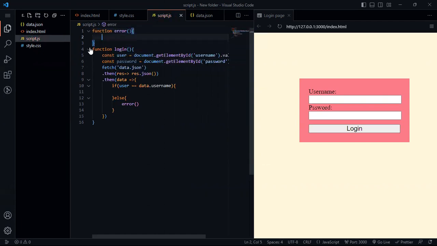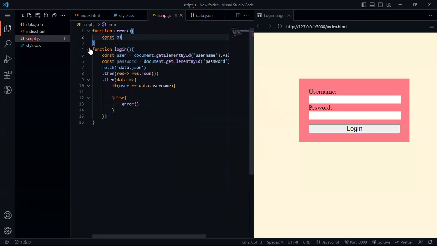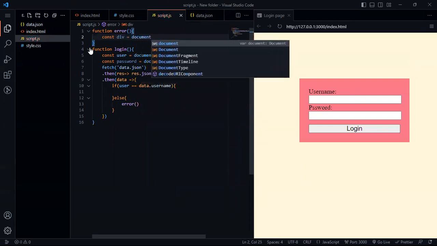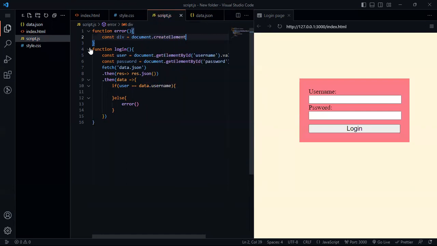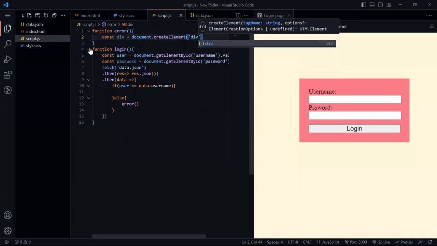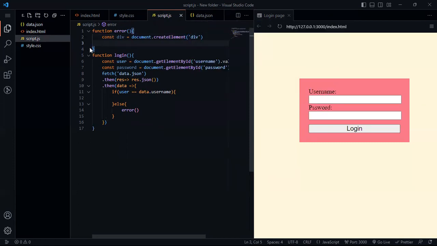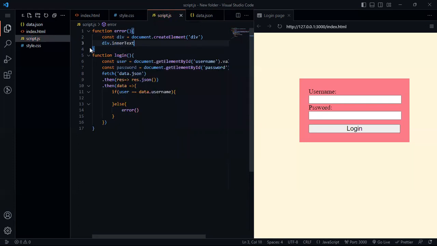This function LL will just say a const of div, and this will be document dot create element of div. Then what I want to do is div dot inner text, and this will be just